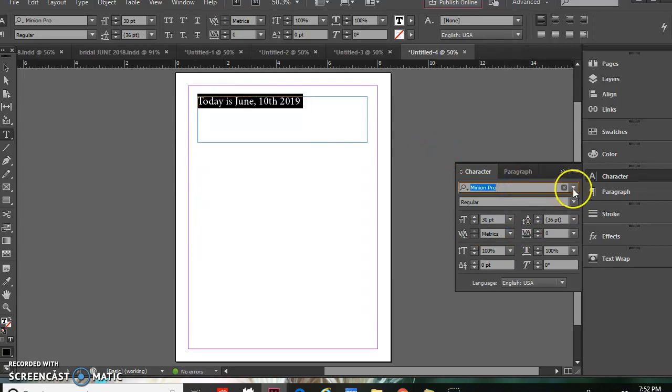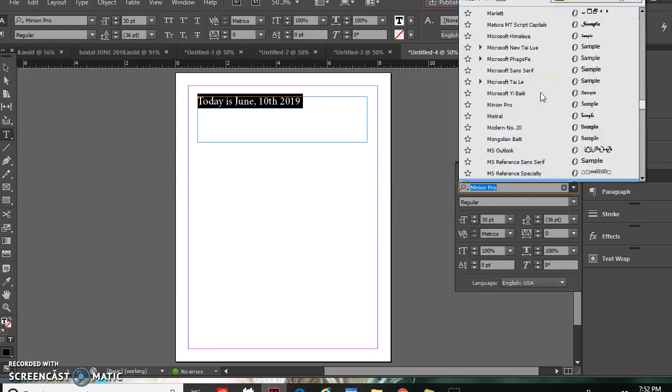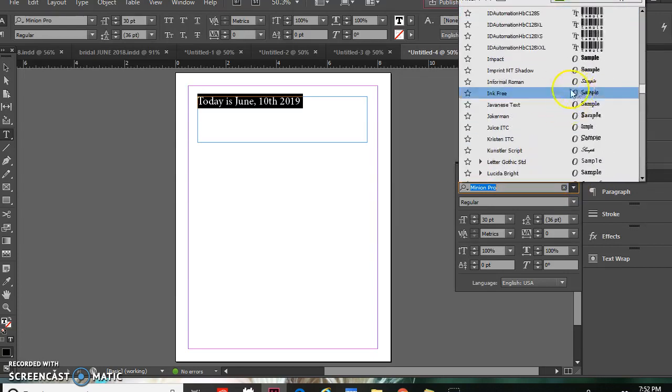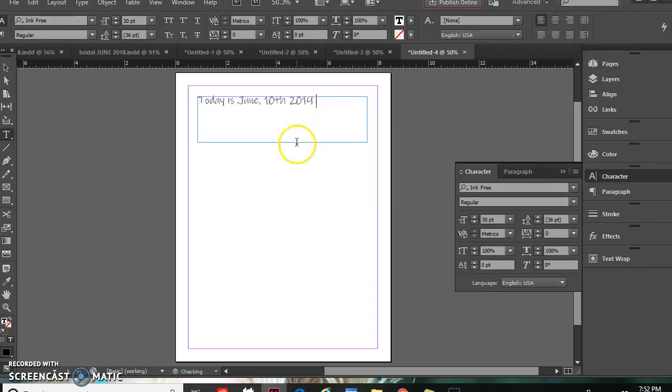I think it has a lot more options in the font than Word does, which I really like because I sometimes get tired of all of the same fonts that you use in Word. And then another tool I found was the pencil tool,